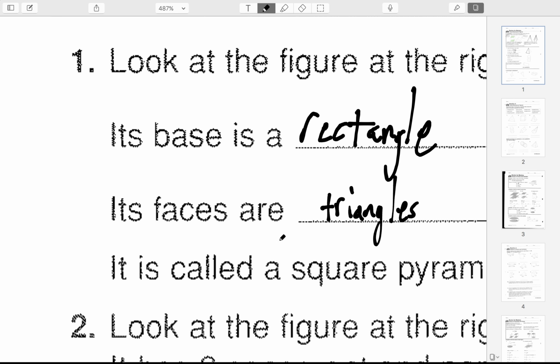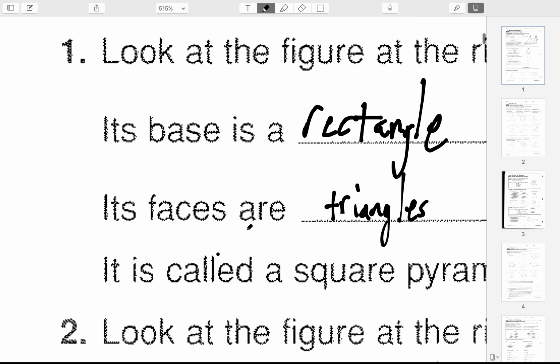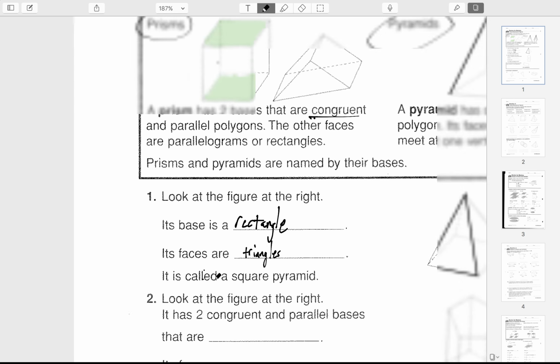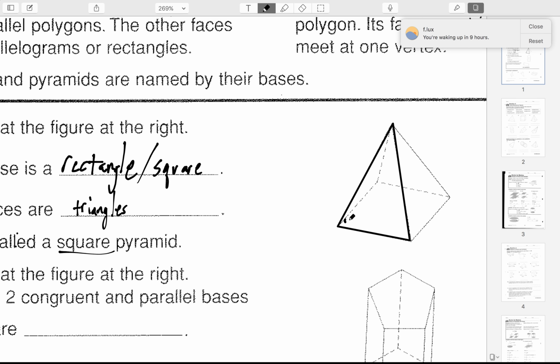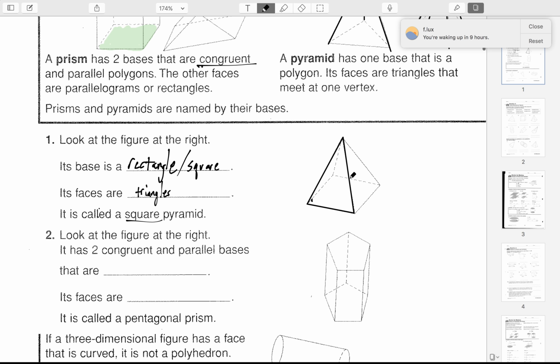It's called a square pyramid. Now the reason why it's a square pyramid is because they're saying that this wasn't a rectangle, it was a square. Now we don't assume it right away, but based on the answer, that means that this bottom part, all four sides are actually equal. So this would be a square